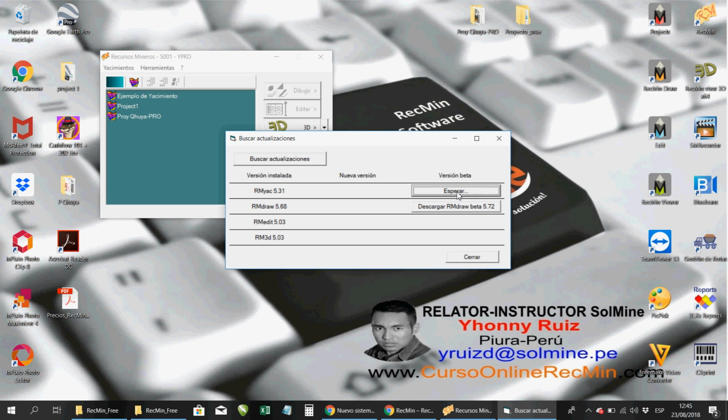You wait a moment for the program to start downloading. The good thing about the RecMin program is that these versions are very light, they don't weigh much, so that's the good thing about the RecMin program. Very well, for example, it tells you that I already downloaded it, and here is a button that tells you to open